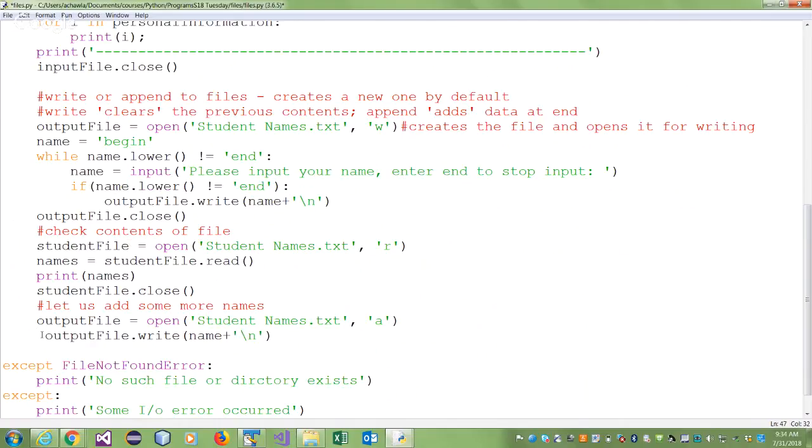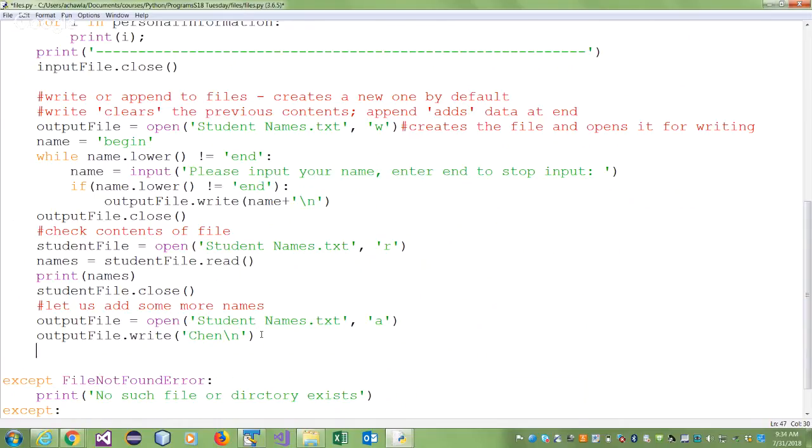And just for the heck of it, I'm just going to do some, can't remember. Okay, so Ken with a Shan. There, I've added his name. Oops, with the wrong spelling. And so I've put a backslash n myself, okay? Otherwise the name will get attached to whatever. So you can write them normally, which is not a good way because a loop is an easy one, but